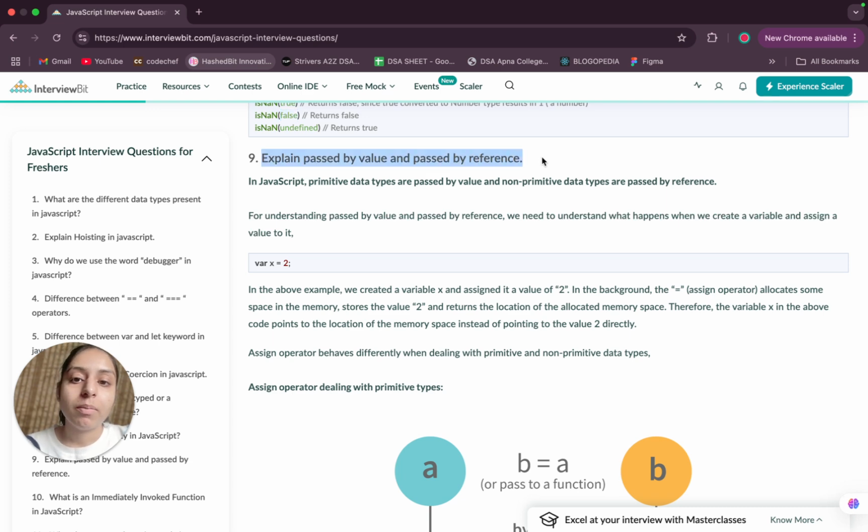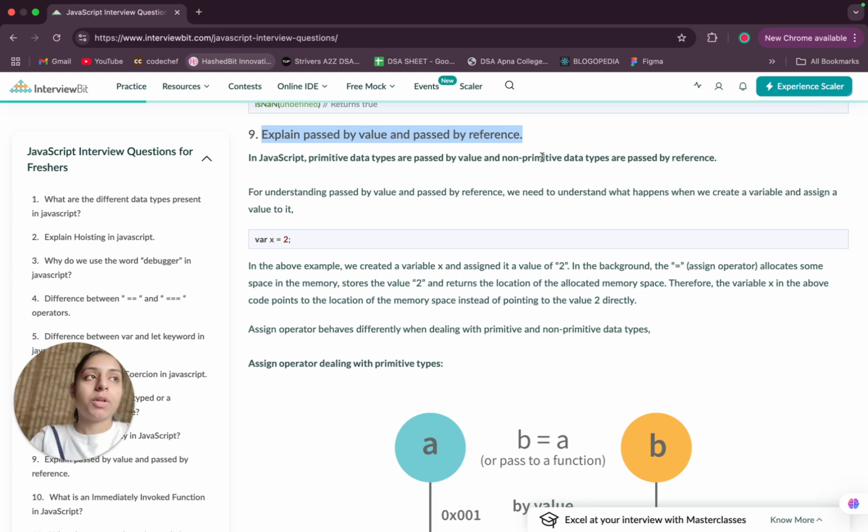Explain passed by value and passed by reference. So we need to understand passed by value and passed by reference. For example, whenever we need to copy one data to another data, it means we have an object and we need to copy the data of that object into another object. In that case, what we are basically going to do is,